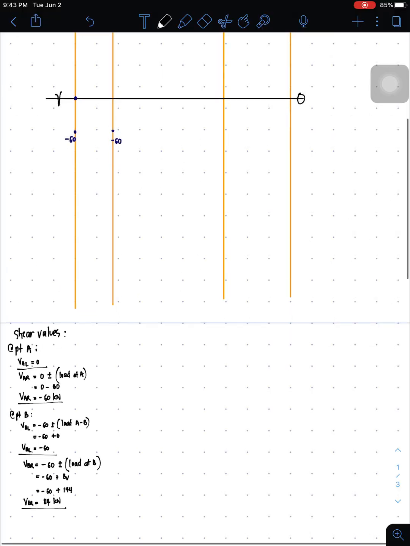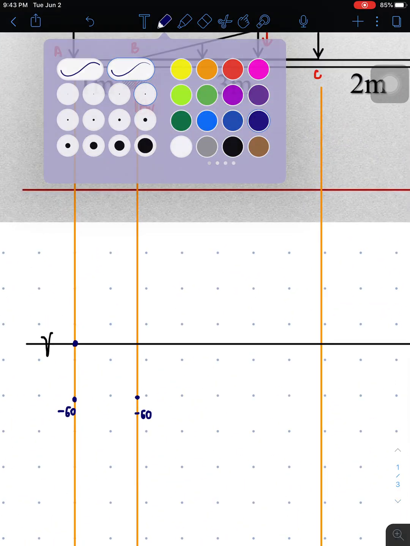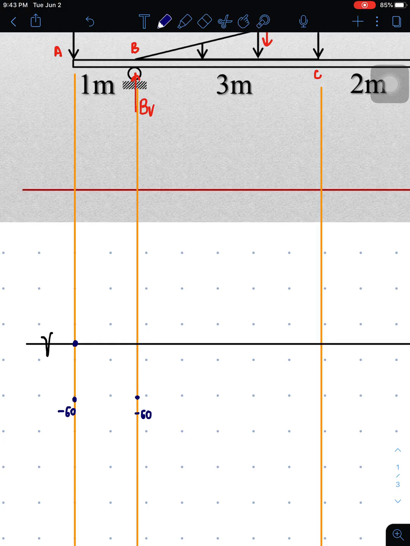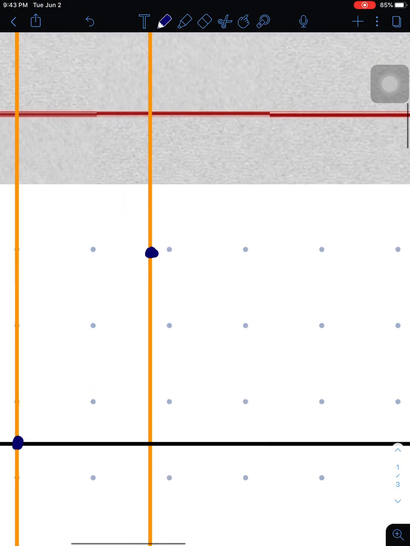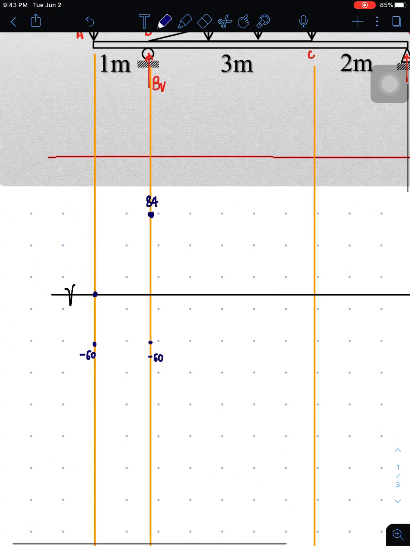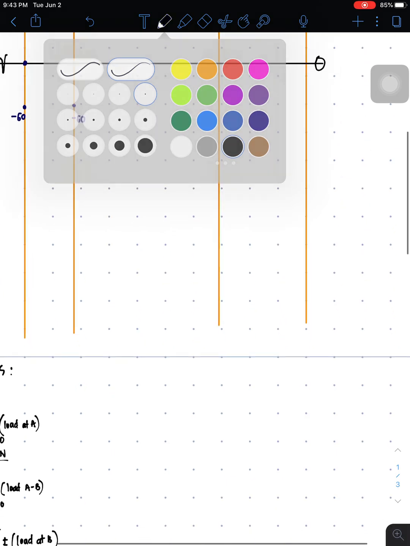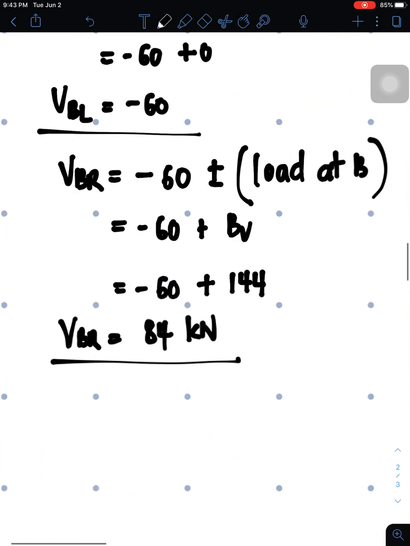kilonewtons. So how do you plot? Positive 84 kilonewtons. So if this is 60, maybe this is positive 84. So I'll place here positive 84. And then proceed with the evaluation at point